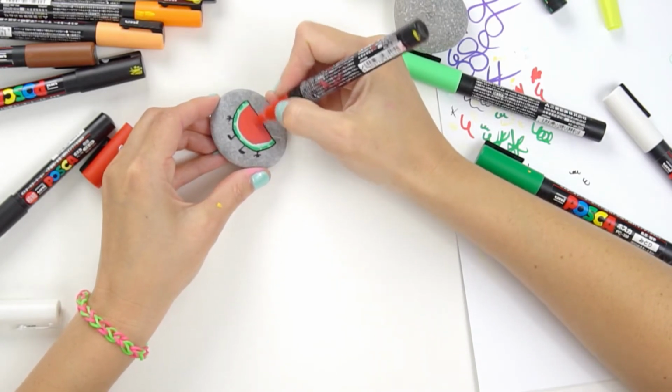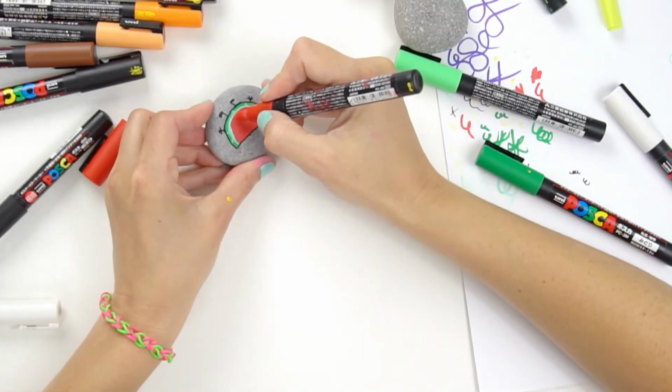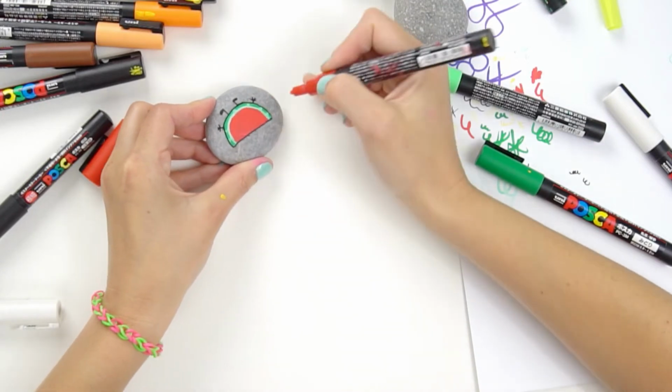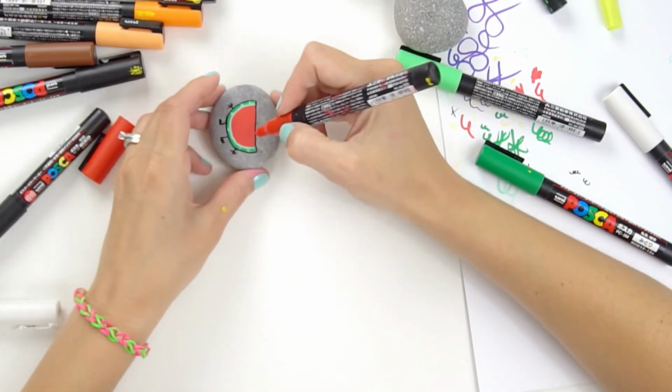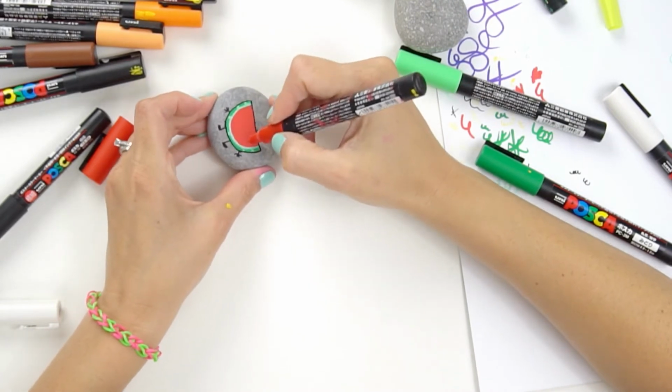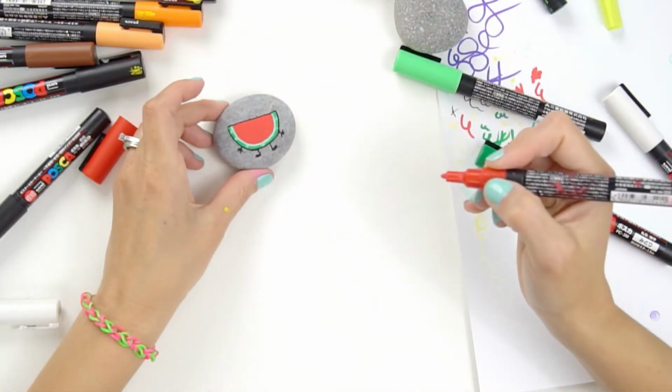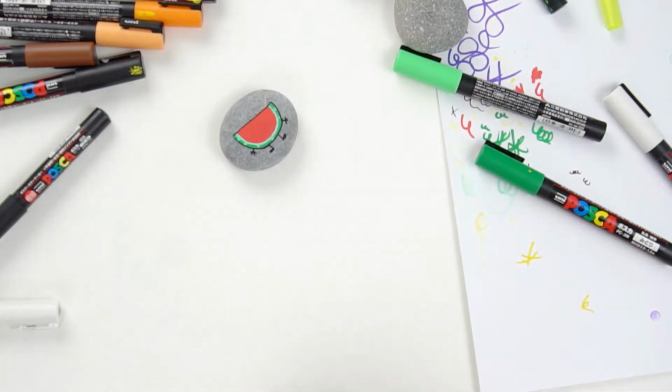If you're doing a bunch of these rocks, it actually helps because you can start and kind of let them dry while you start another one, let it dry, start another one. And you could also use that red to really shape that rind as well. Right down in there, like so. All right, now that's gonna dry